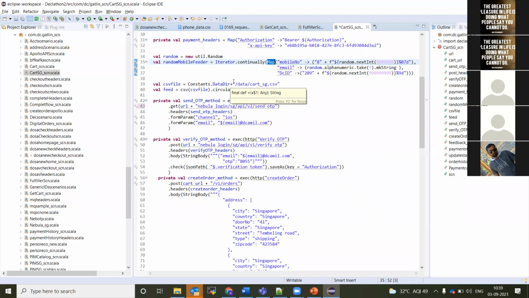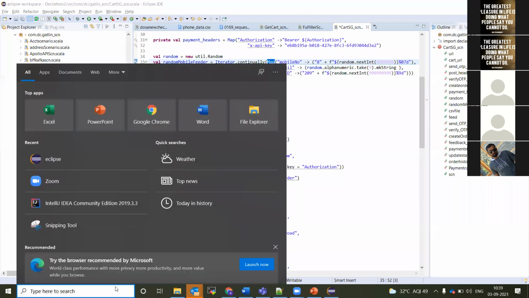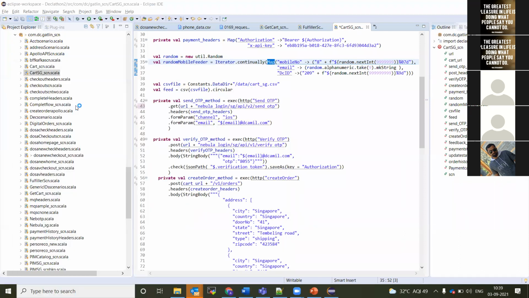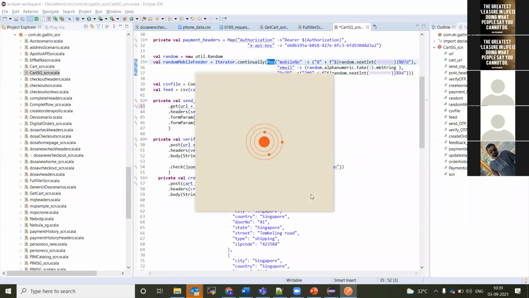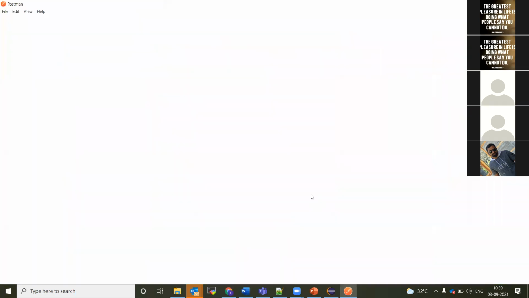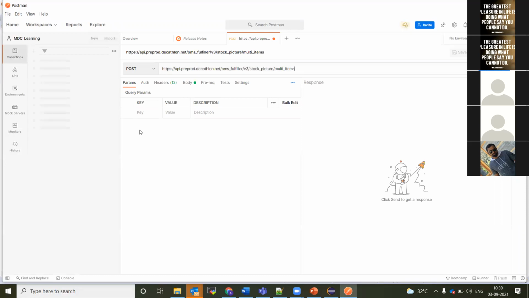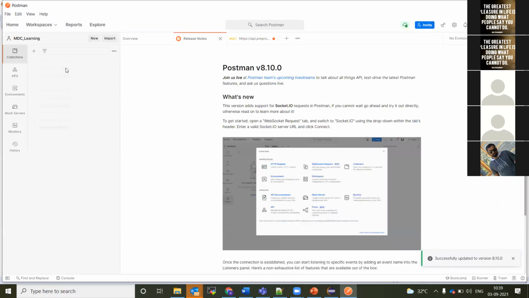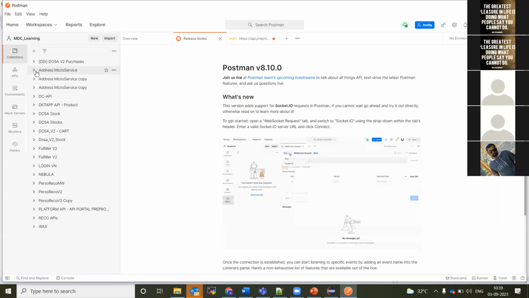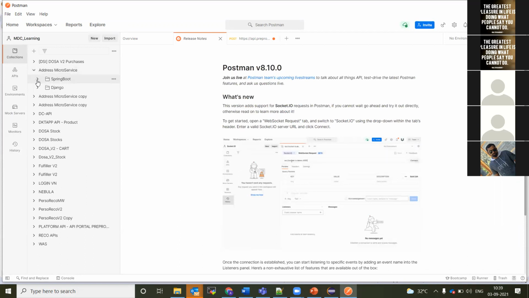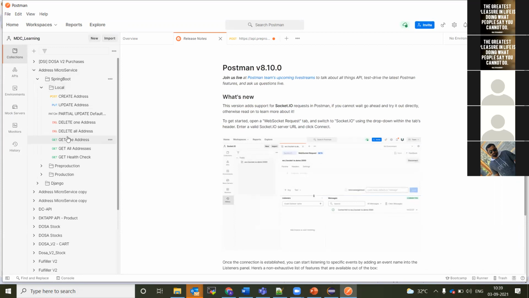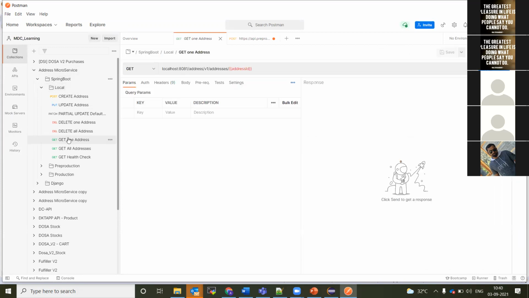So you guys know about the query parameter, right? In a get endpoint, we have two things: path parameters and query parameters. I'm just trying to show an example.